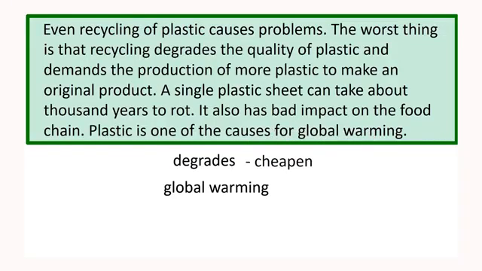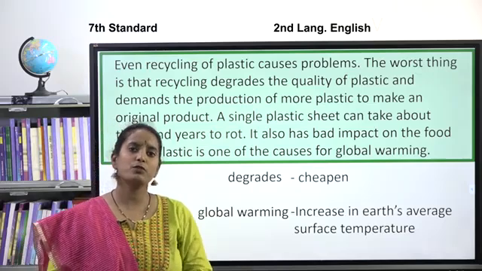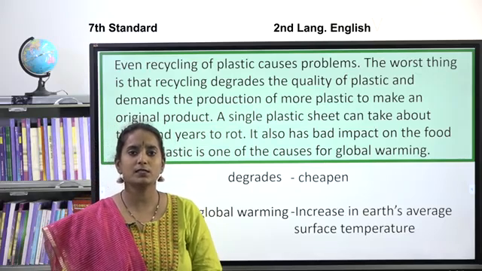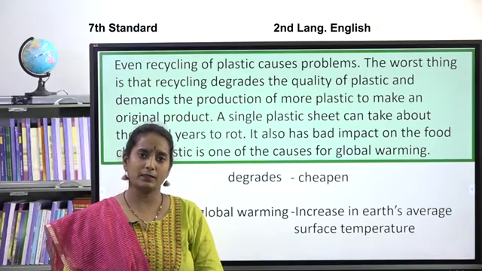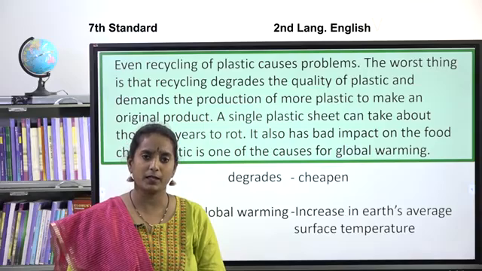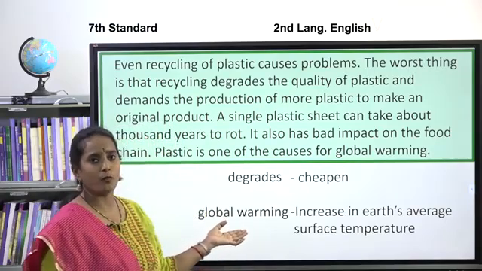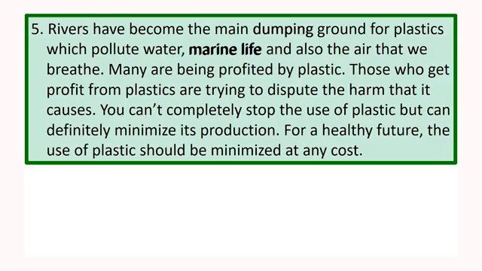ನೆಕ್ಸ್ಟ್ ವರ್ಡ್, ಗ್ಲೋಬಲ್ ವಾರ್ಮಿಂಗ್, ಮೀನಿಂಗ್ ಇನ್ಕ್ರೀಸ್ ಇನ್ ಅರ್ತ್ಸ್ ಆವರೇಜ್ ಸರ್ಫೇಸ್ ಟೆಂಪರೇಚರ್. Now, due to plastic pollution, what happens is the Earth's surface temperature increases. ಅಂದರೆ ಏನಾಗುತ್ತೆ? ಭೂಮಿಯ ಒಂದು ತಾಪಮಾನ ಏನಿದೆ ಅದು ಹೆಚ್ಚಾಗತ್ತೆ. ಅದರಿಂದ ಏನಾಗುತ್ತೆ? Global warming. Plastic is one of the causes for global warming. Next word,